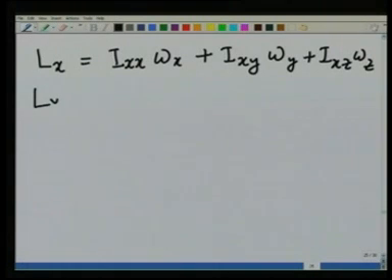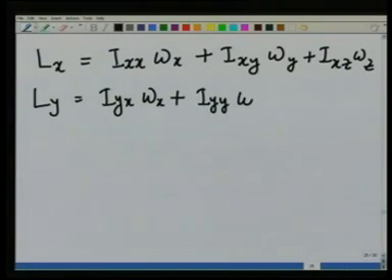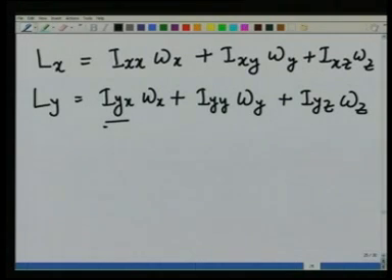Similarly, you will find L y would come out to be I y x omega x plus I y y omega y plus I y z omega z, where I y x is again a product of inertia involving m, y i and x i. This is the moment of inertia about the y axis, and this is the product of inertia involving y and z, and